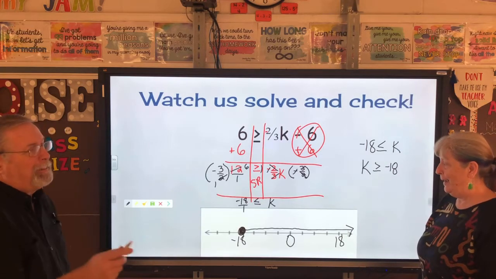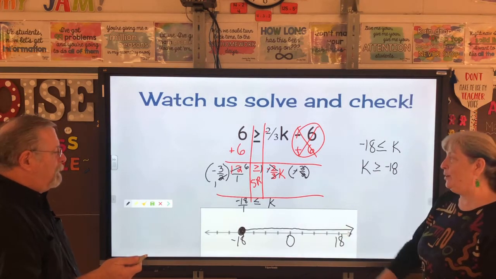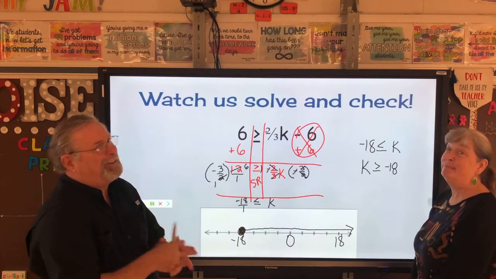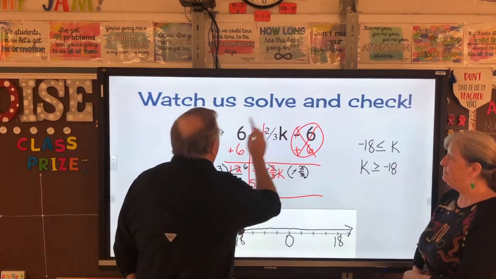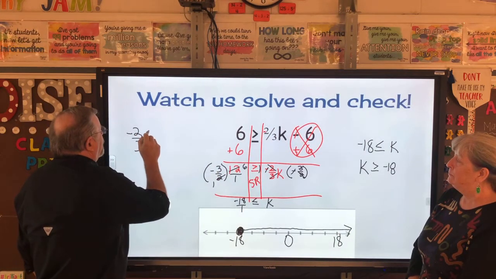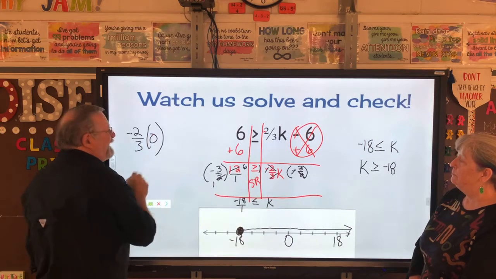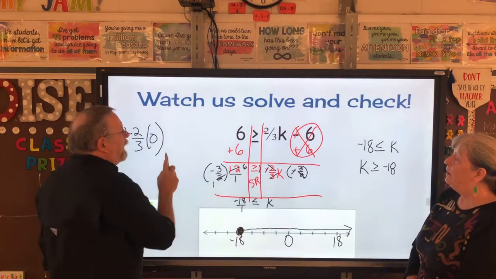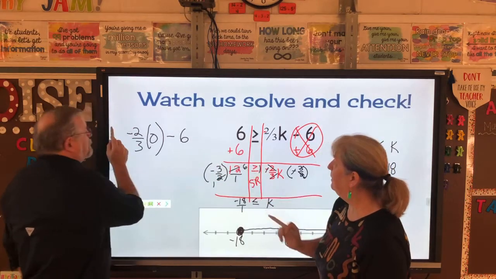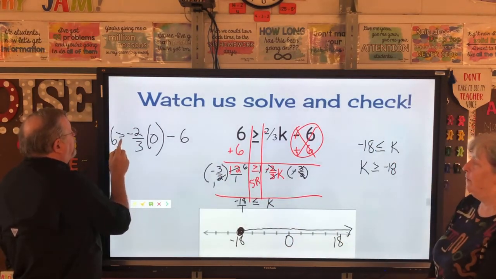Now, Mr. Lamb, to prove it, put the 0 in. Okay, now this is why the 0 is so cool. If you put the 0 in here, you end up with negative 2/3 times 0. We love that. Okay, minus 6. We got to start with your 6. So 6 is greater than or equal to